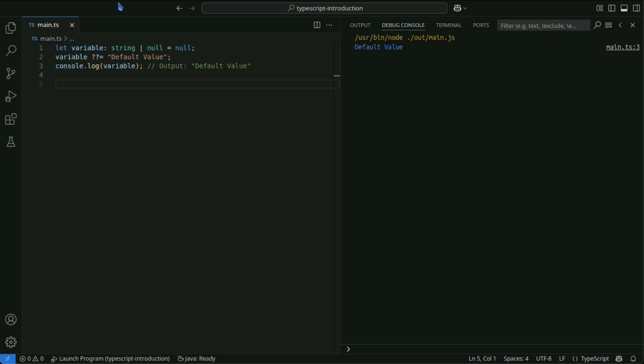The nullish coalescing assignment operator is useful in various scenarios, such as initializing object properties and setting default values. Here are some specific examples. First, let's look at an example of initializing object properties.